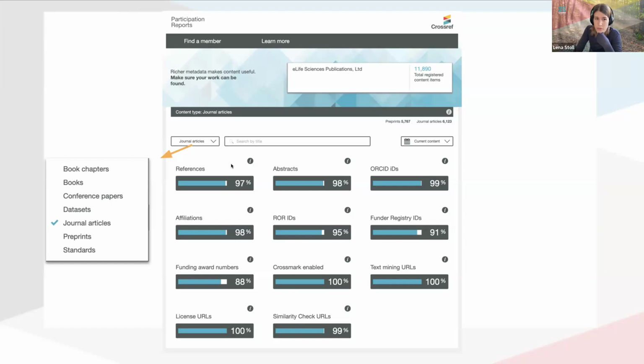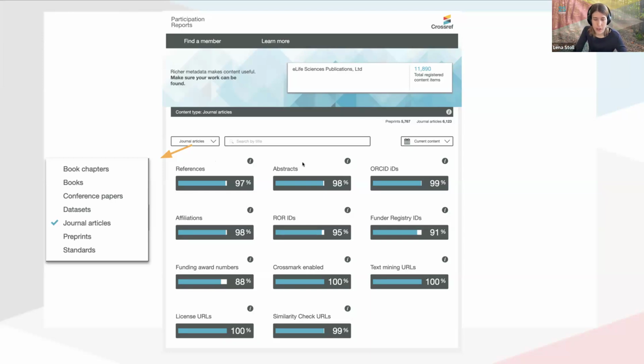The idea of reference linking is actually where Crossref originally started. And if you recall that image I showed you earlier of the research nexus, then obviously citations between works are a very fundamental way that two pieces of research can be connected in the world. So that's why references are in first place here.